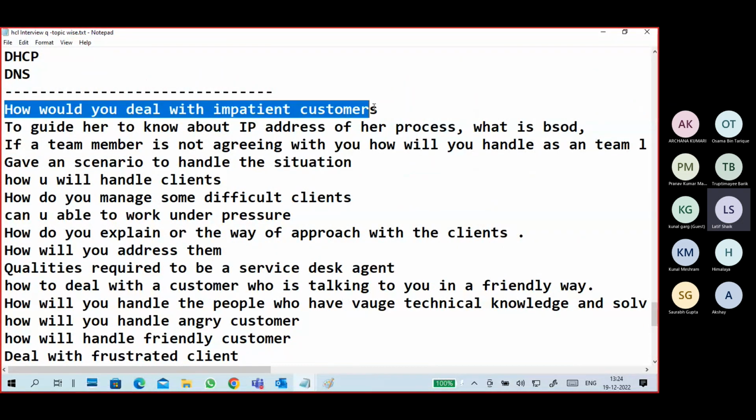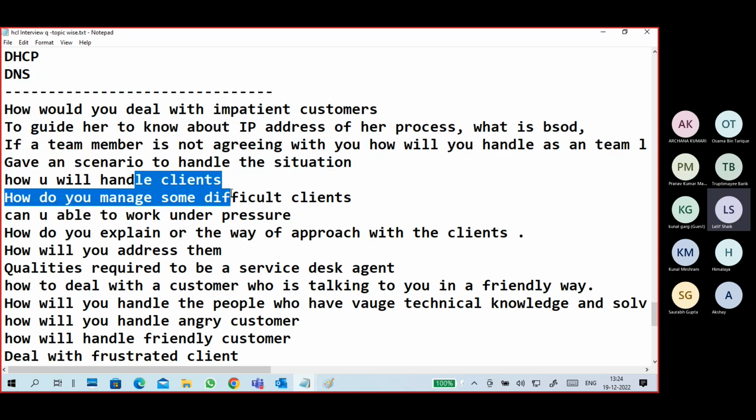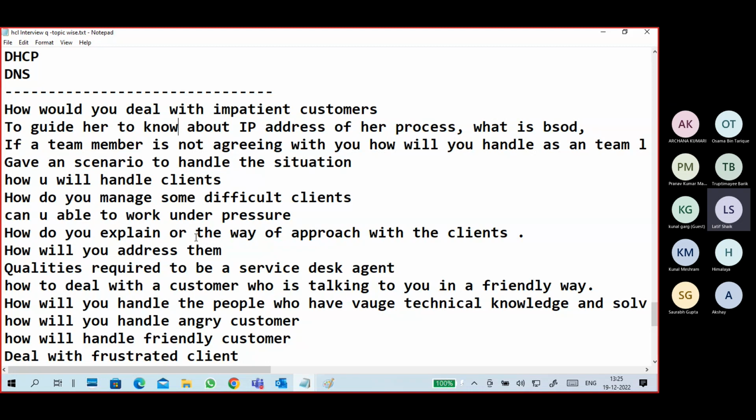This is another part, that is how you deal with the customers, how you guide the customers, how you handle the customers. If you read the questions, guys, then you will understand how to tell the answer. We gave so much material and so many questions, but if you don't practice, no one will help.